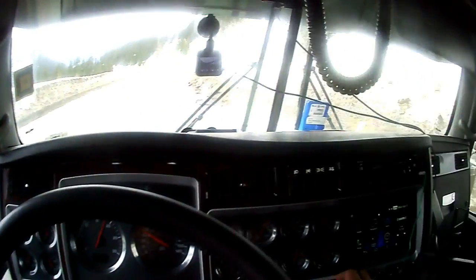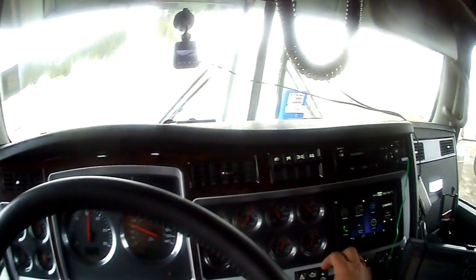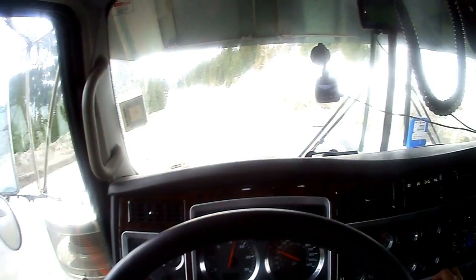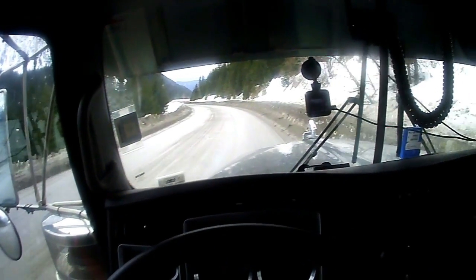See, now we're speeding up. So I just hit it up to the top Jake setting, and now we're slowing down. Now I drop it down to the medium Jake setting, and you know what? I'm not even touching the brakes. My foot's not on the brake pedal. I'm using the Jake brake to slow it down, keep it at a good steady slow speed,